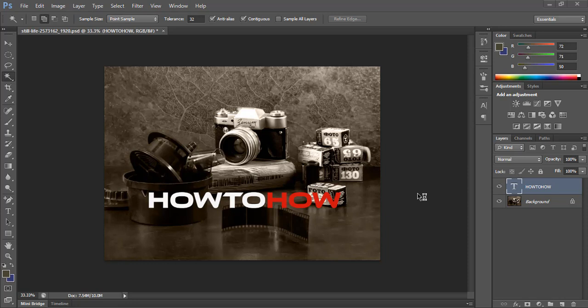Welcome to another tutorial of Adobe Photoshop. In this tutorial you are going to learn how to remove text from an image without removing the background in Adobe Photoshop. Viewers, if you have a picture like this where the text layer and the background are not merged